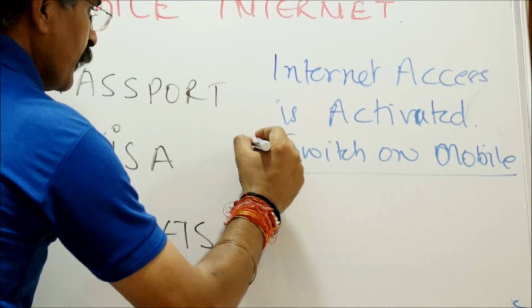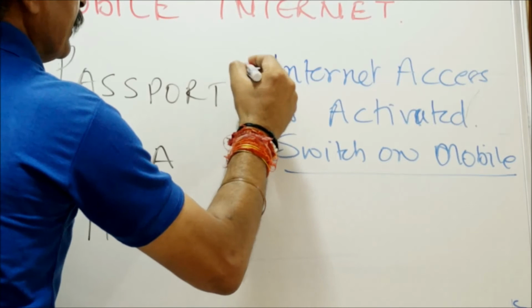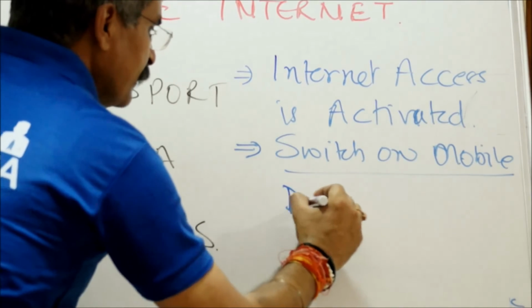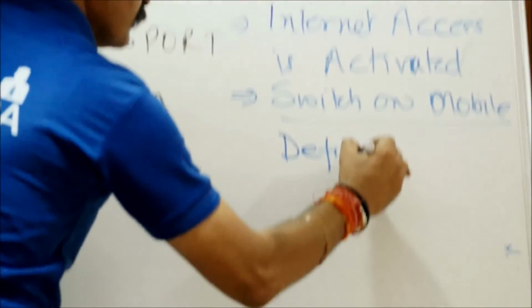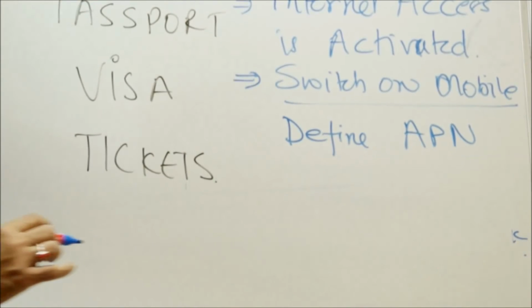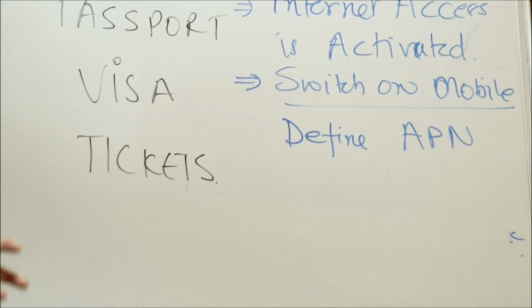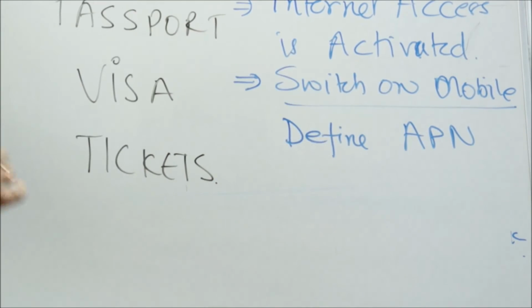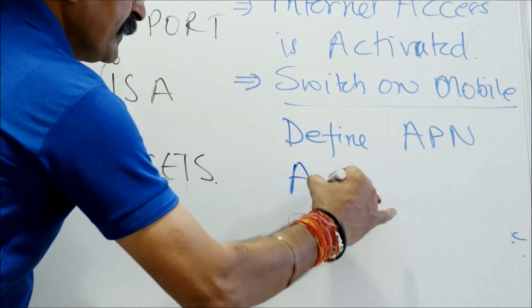So data is switched on here and it has been also activated by the service provider. Visa is like defining the purpose of travel is written in visa. Which access you have to take, which route you will take is the APN, and APN in general is Aircel